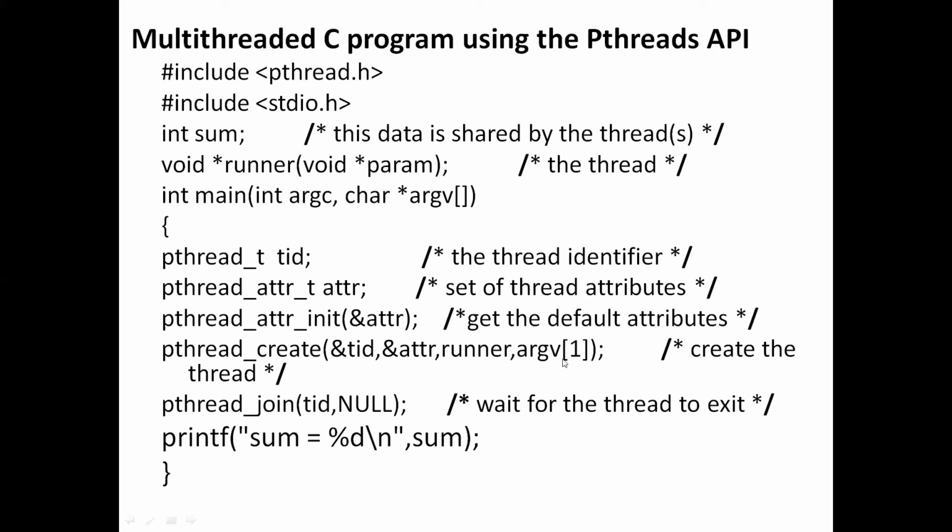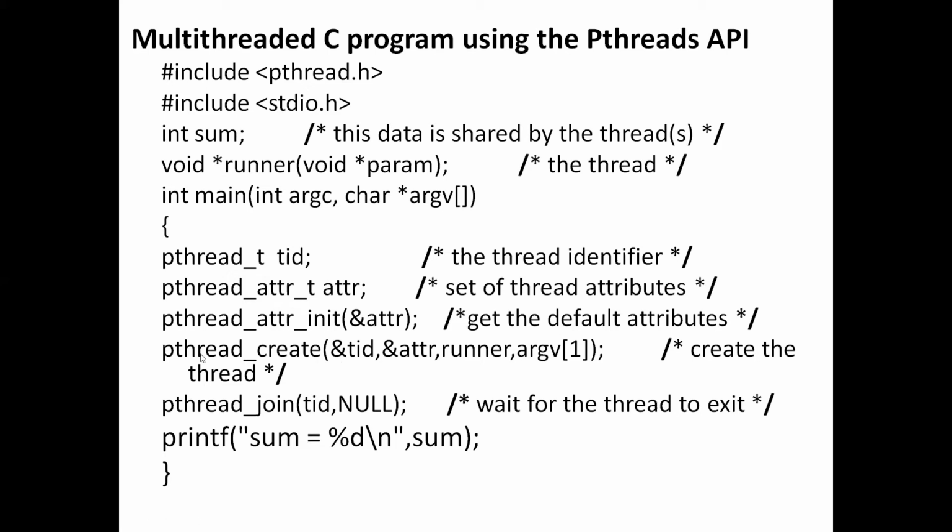Next, argv of 1. argv of 1 is the argument vector of 1. What does the argument vector of 1 consist of? We have discussed that the argument count is 2, that is, we are passing two arguments: one is the name of the program, that is cmd, and the n value. N value we assumed as 3. So argv of 1 consists of the n value, that is 3. So we are passing these four parameters to the pthread_create method to create the thread.